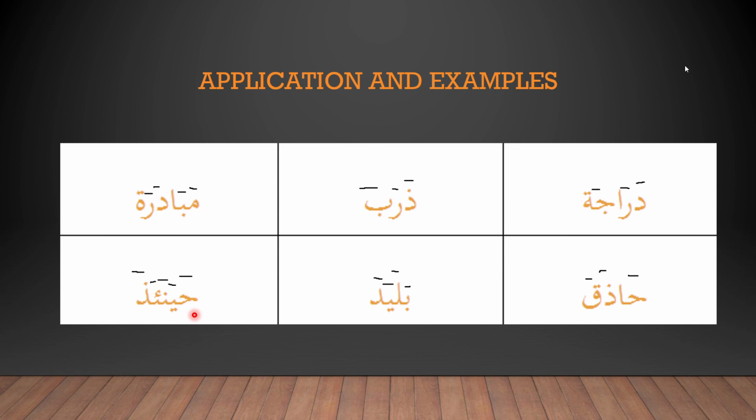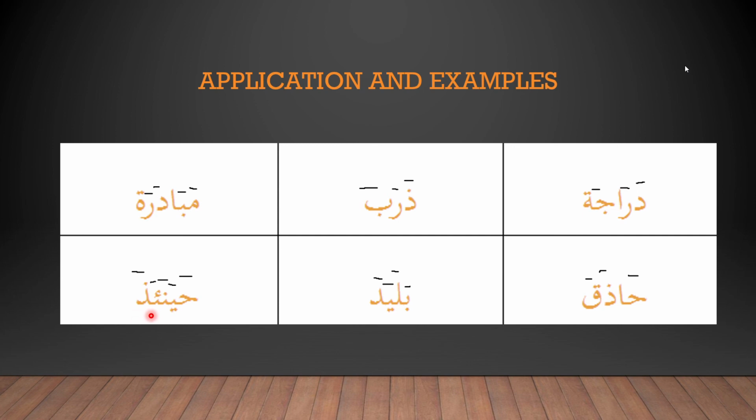Ha, fatha, ha. Ya, fatha, ya. Ha, ya. Noon, fatha, na. Ha, ya, na. Hamza, fatha, a. Ha, ya, na, a. Zal, fatha, za. Ha, ya, na, a, za. This is a long word, but again, as I told you, a few tries and you'll be able to do it perfectly, inshallah.